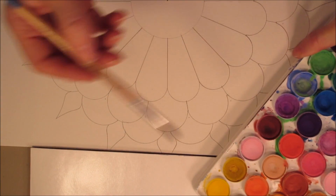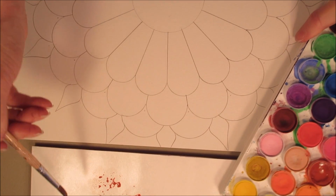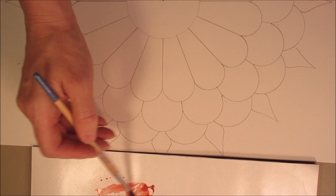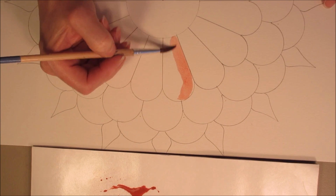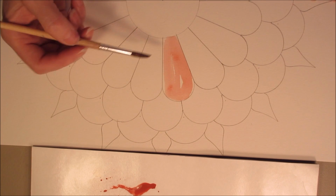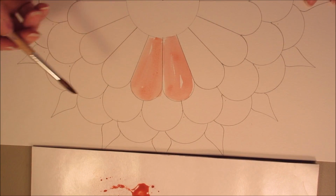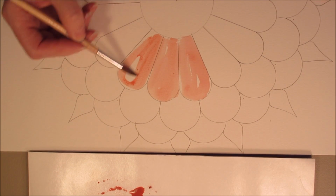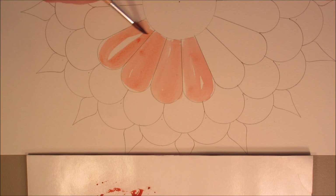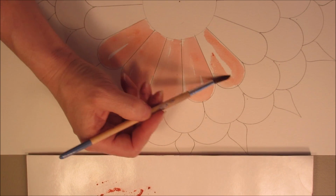And what I like to do is I like to take my watercolors here and mix and thin them out on my palette here. So I'm going to be using some of the warmer tones, and basically I try really hard to make it look messy. And it doesn't really take that much to make it look that messy. So basically, I don't care that I haven't colored exactly where the lines are. You know, I just like to get that color in there and have those little areas of white just kind of pop open and leave them there. And so I really don't try to make it perfect. So this is how I'm going to paint up